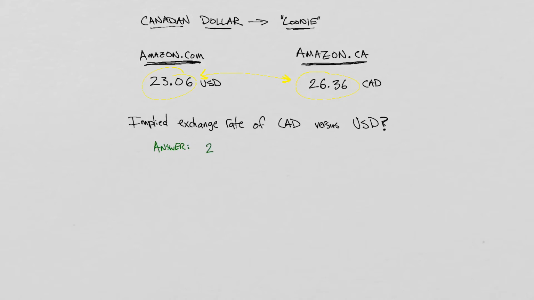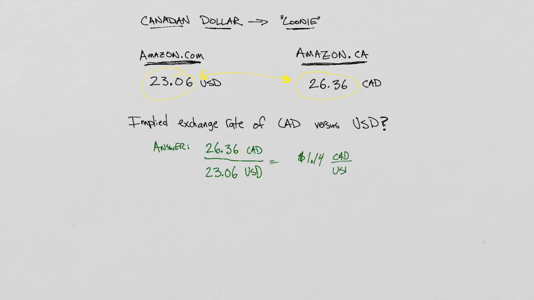So we take the price of the book in Canadian dollars and divide that by the price of the book in the US, denominated in US dollars on the Amazon.com website, to figure out the ratio of what the Canadian dollar to US dollar should be. And that gives us 1.14